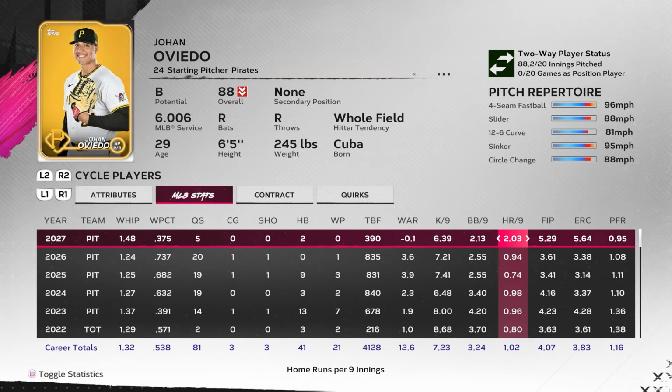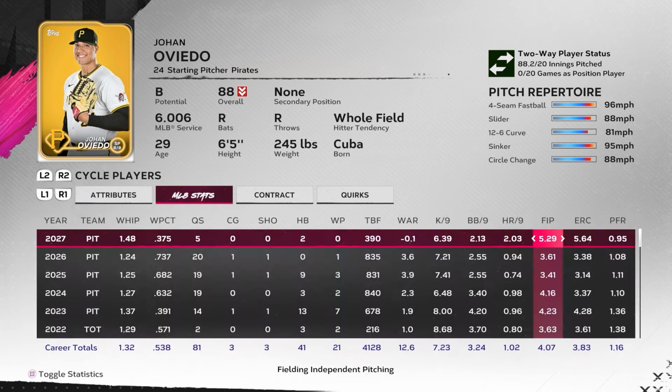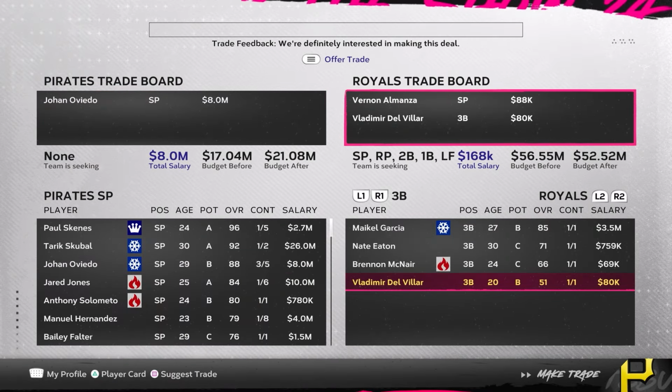Home runs up big time. Walks are down a little bit. Strikeouts are down. His FIP is just not good. And the regression is picking up big time. We got 3 years on the contract. The Royals want to offer us